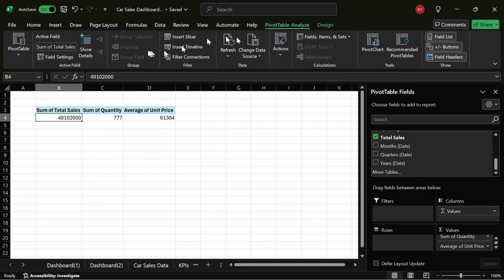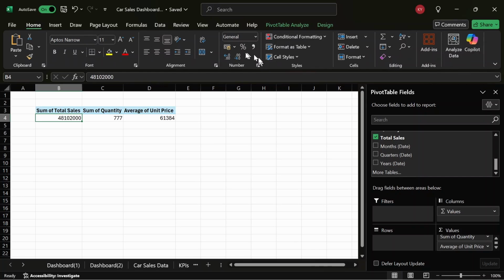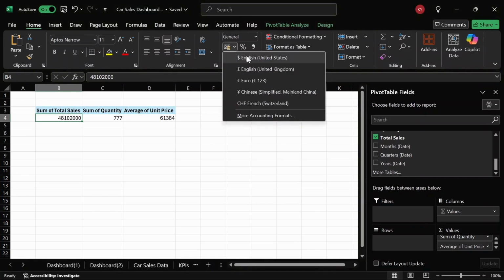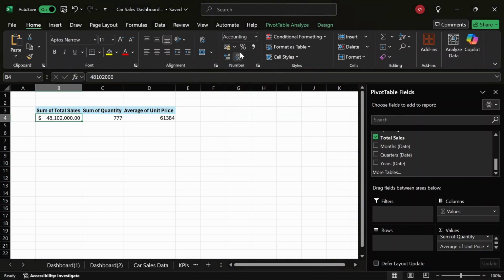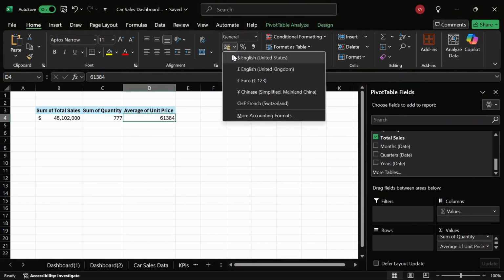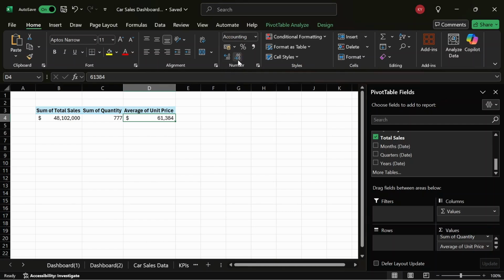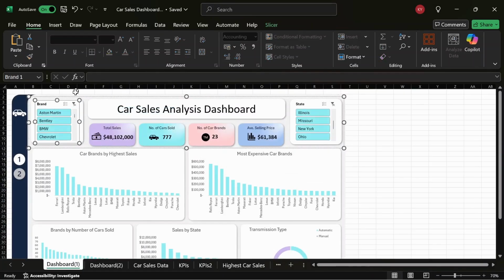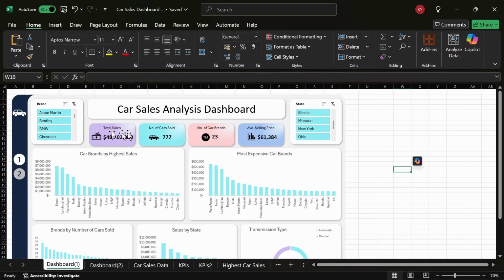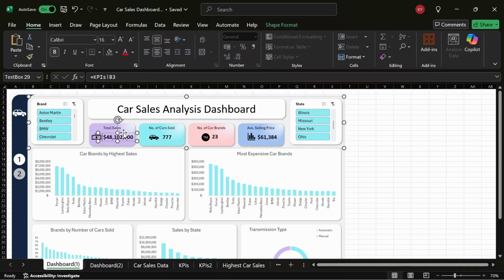So I'm going to select this, go to home, and I'm going to set that to dollar, and I'm going to remove the decimal places. Once again, dollar, set that to 0 decimal places. Then we're going to go to our dashboard, and I'm going to select this